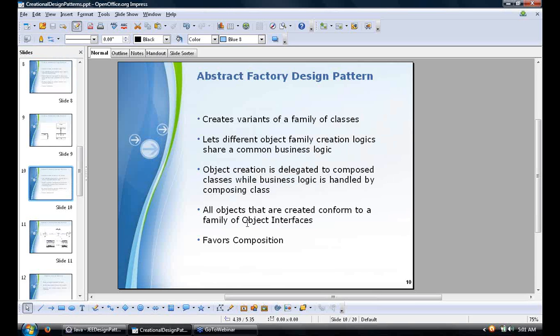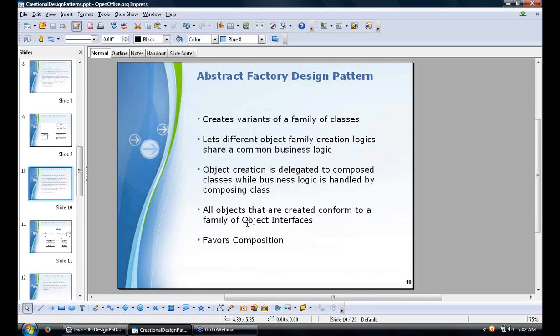All right, take different companies. You have Honda, you have Toyota. Honda makes cars, Honda makes SUVs, Honda makes trucks. Similarly, Toyota makes cars, Toyota makes trucks, Toyota makes SUVs. So these could be regarded as families of cars. Toyota families of cars, Honda families of cars. Each have competition, right? Each unit that each company produces has counterparts. So a Toyota sedan has a corresponding Honda sedan. A Toyota SUV has a corresponding Honda SUV, right? So that's the idea. When you have families of objects like that you have to manufacture, then you go for